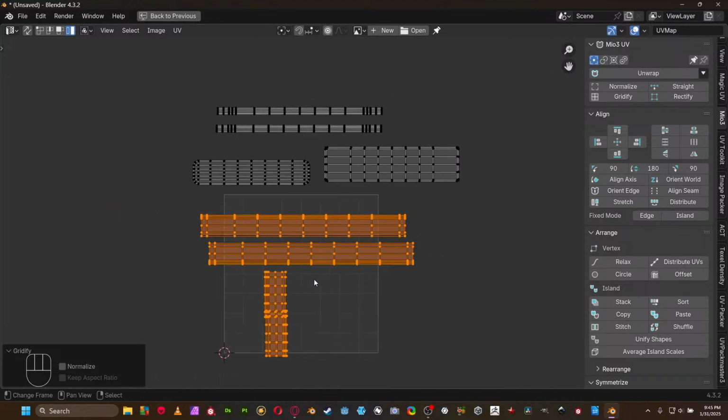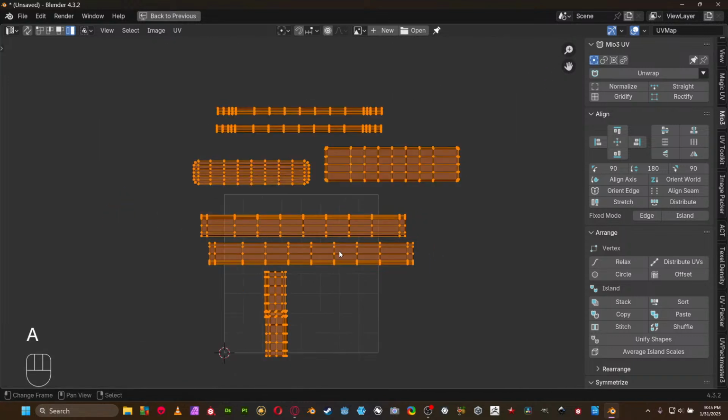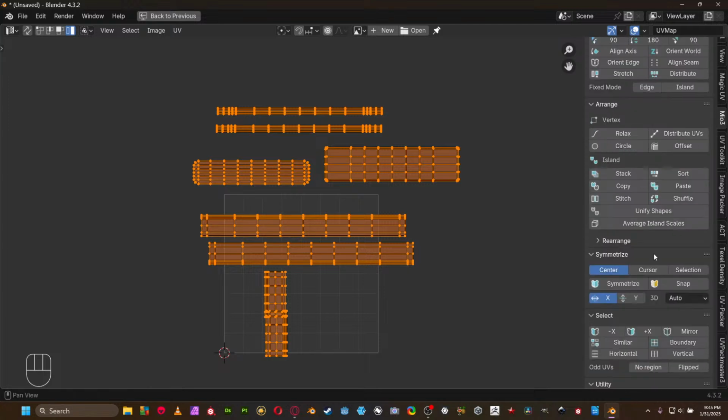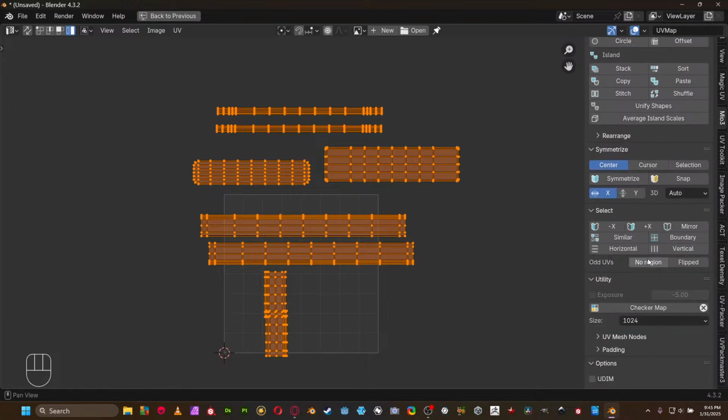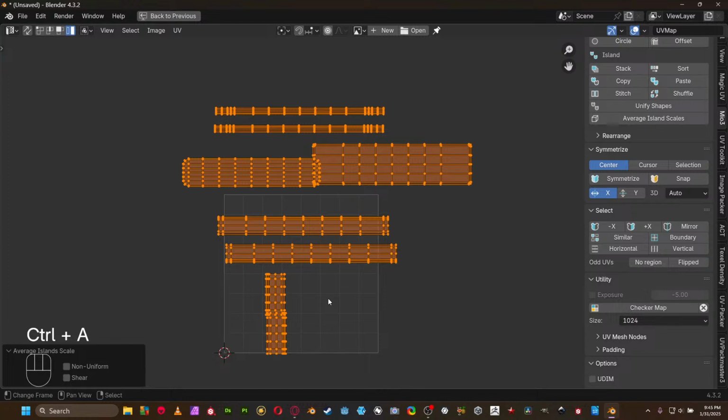In this case, for example, we already have everything in here. Let's just be sure. We need to check, for example, the island scales. For example, Average Island Scale, let's just click it. I already have my shortcut. As you can see in there, it's Control A. Let's just do it. Control A. I just customized it, and it's gonna